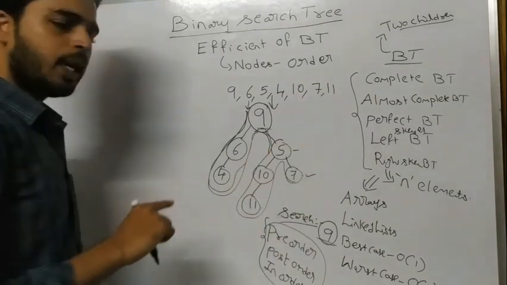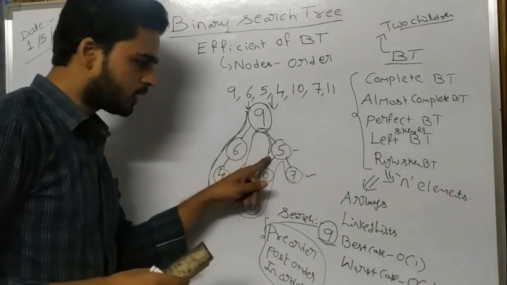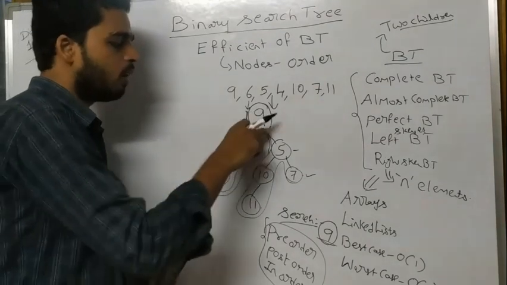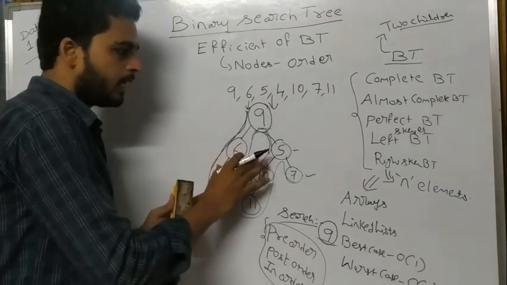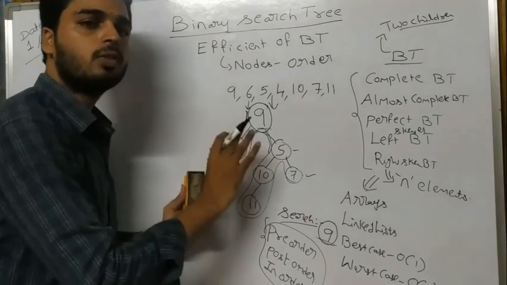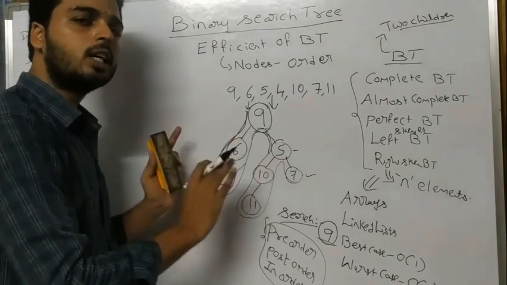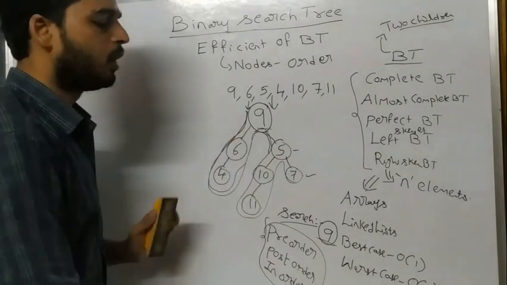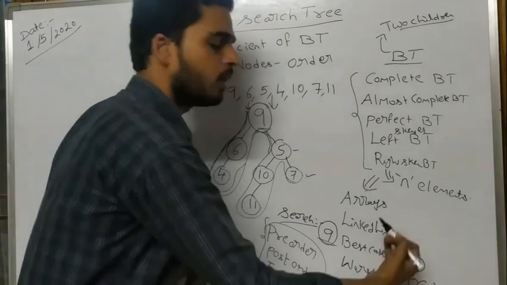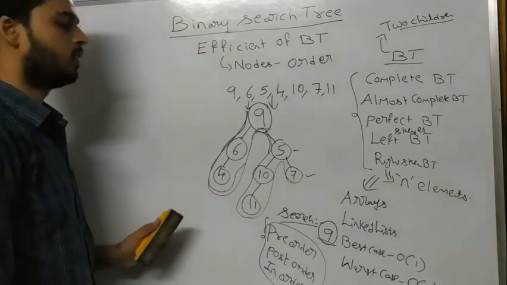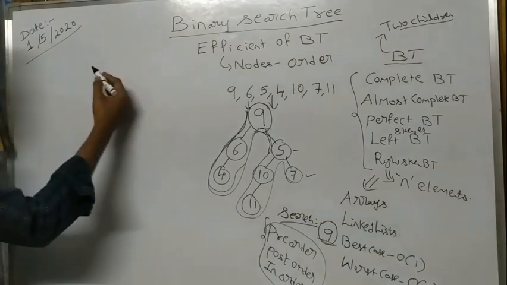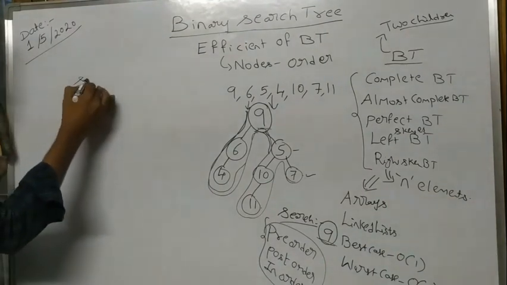So every time, in the worst case, I need to check almost all nodes. If a binary tree has n nodes, I need to search among n elements, meaning that I need to compare n elements every time. So I will get a time complexity of big O of n. Okay. For example, I am taking a sorted array.